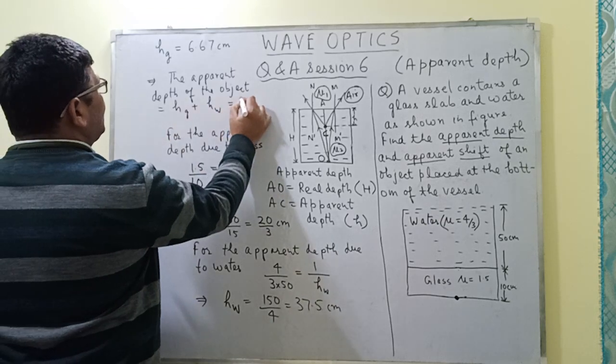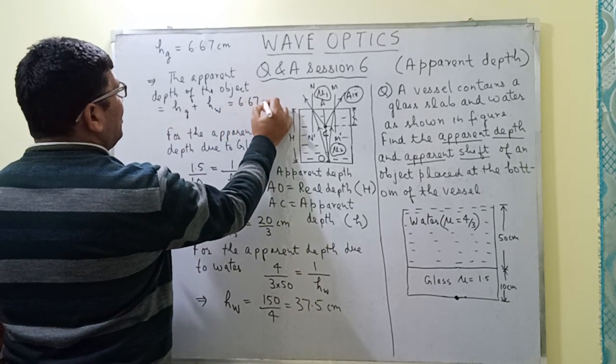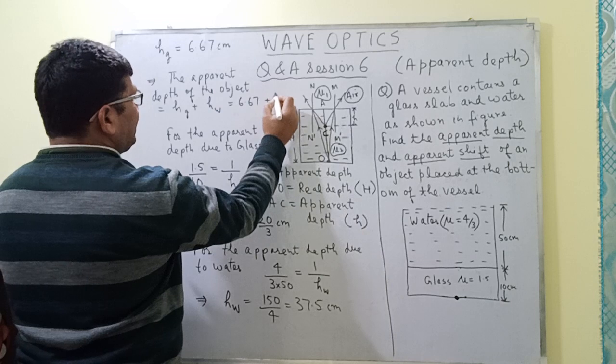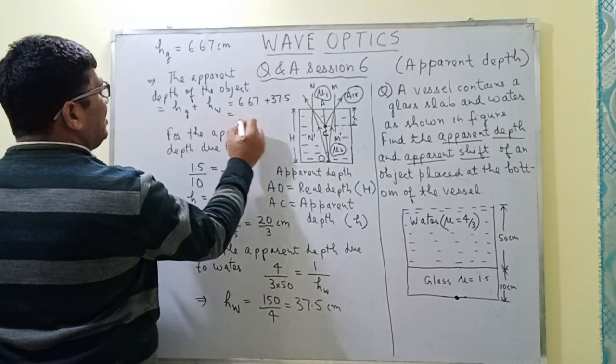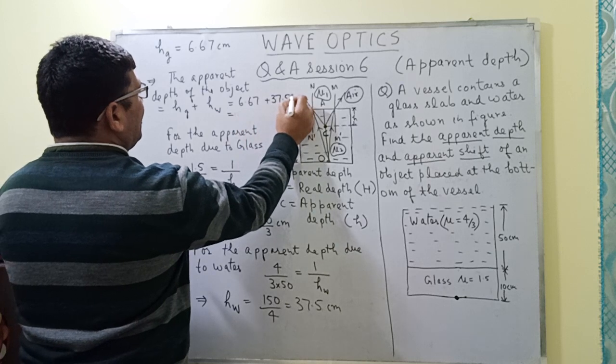So this is equal to 6.67 centimeter plus 37.5 centimeter, which is equal to, if I just add it,